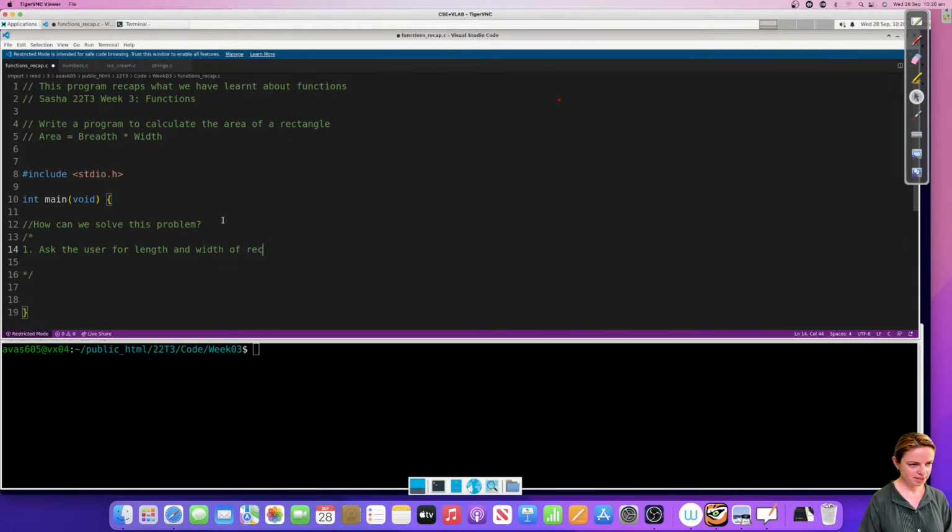Of the rectangle. And we're going to use a printf statement to ask them. And then we're going to input the length and width, and we're going to use a scanf to read those. Excellent. Formula for the area. Okay, so then we want to calculate the area: area is equal to B times